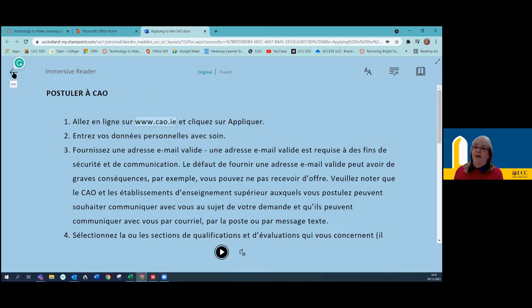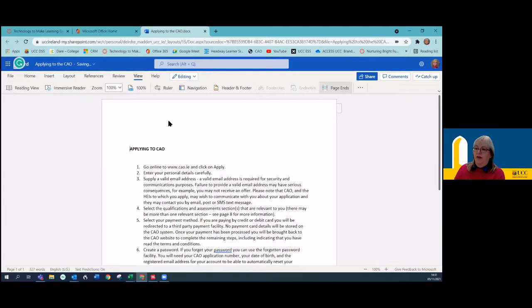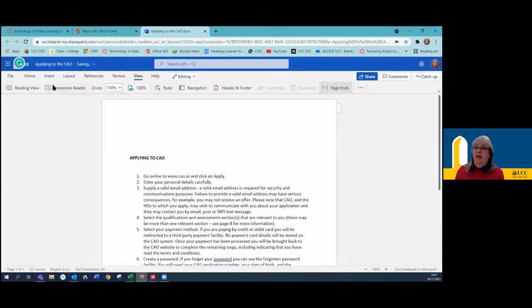When I come back out of Immersive Reader by clicking on the arrow in the top left-hand corner, I'm going back into my standard document, and just to show you something that would help with writing, when I'm on the home menu, I have a blue microphone over towards the right-hand side called Dictate. First time you click on it, it'll ask, can Microsoft access your microphone? If you want to use it, you have to click on Allow. Then when I click on Dictate,